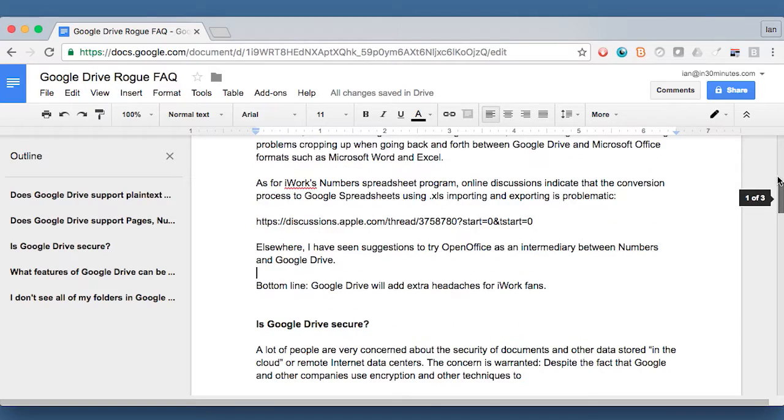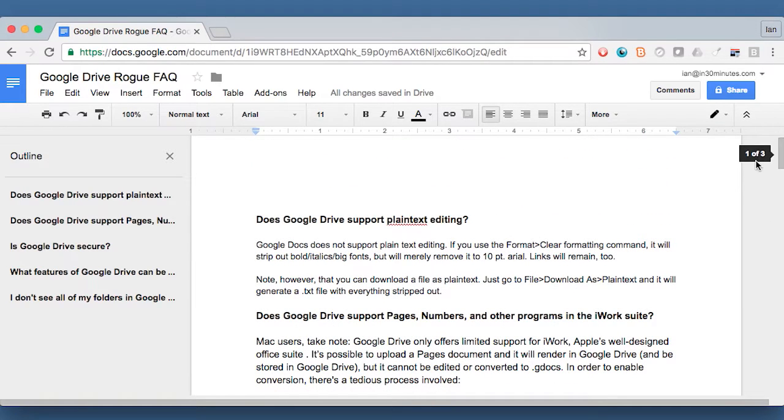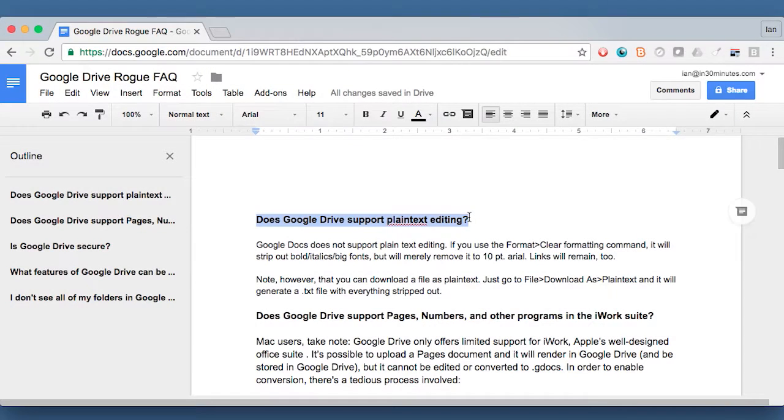Now, one thing to keep in mind about doing this, if you've used Microsoft Word before, you know that you can apply styles to create a table of contents. And actually, for this, you can apply styles as well. And the styles are located up here, where this drop-down is. And what happens is when you use styles, instead of using just bolded text, it applies more formatting over here. And I'll show you what I mean. So does Google Drive support plain text editing? I'm going to make that